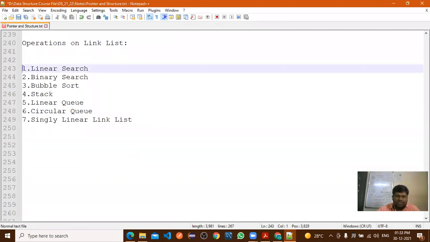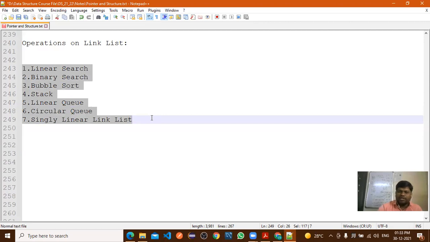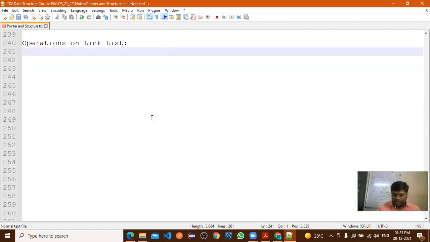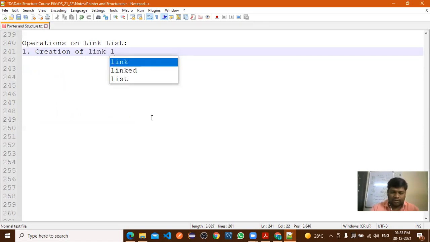Right. Now we'll see the operations on linked list. How many operations are we performing here in a linked list? So first, creation of node, or we'll say directly linked list.